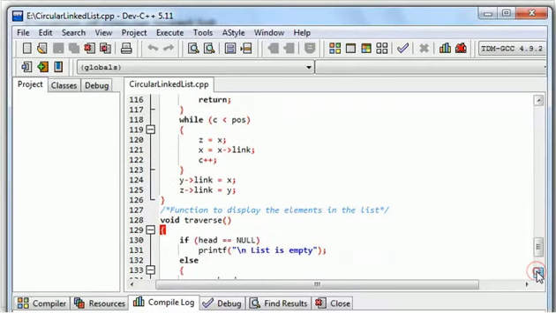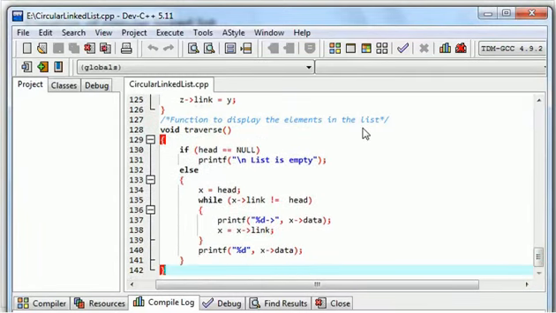Now after that, this is a simple traversing procedure. I want to see how to print the total list, or we just want to see what the elements present in this list are. So just start from the beginning, x is equal to head, and until I come back to my head pointer, just keep on printing the values and increment the link pointer. That's it. This is how we are going to traverse it. Now you can see that everything is almost the same, but the only thing is that while making the loop, we are not making use of the null condition. We are checking the condition that link part of x is not equal to head. So here we are not looking for the null condition.